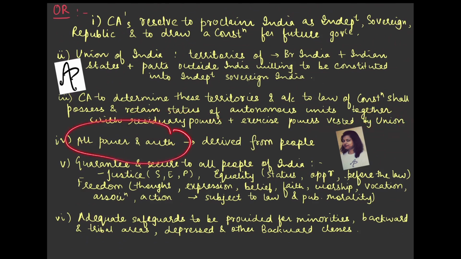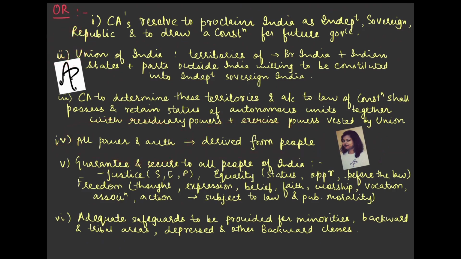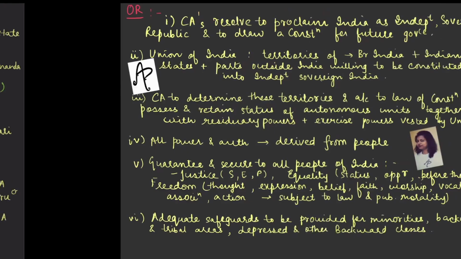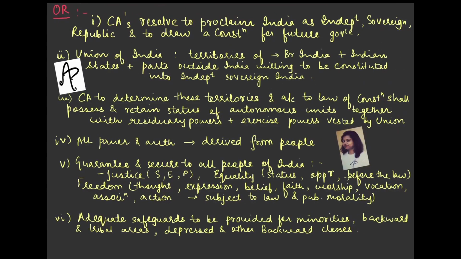All the powers and the authority, now this is a very, very important point, is going to be derived from people. ऐसा objective resolution का कहना था. This is not your "or", this is not for the optional "or", this is shorter form for objectives resolution. Okay, now understand this. We have just seen that it is the modified version of the preamble of India. And you know that our preamble starts with the same point, "We, the people of India." So that is what it says, that the power is derived from the people, and this is what the objective